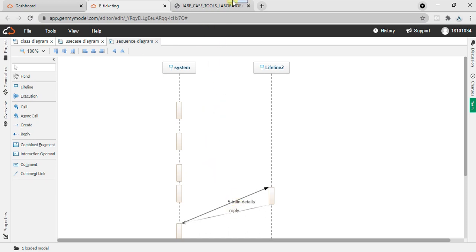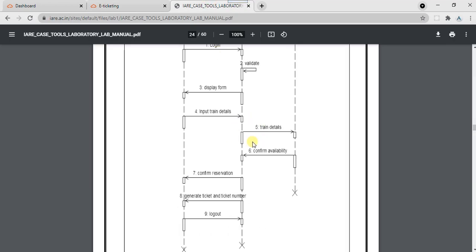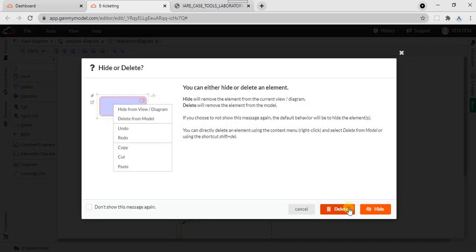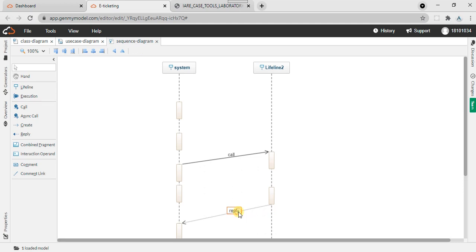Fine, then what's the reply? There is no any reply. Okay, sorry, I want to use asynchronous. There is no reply for that.